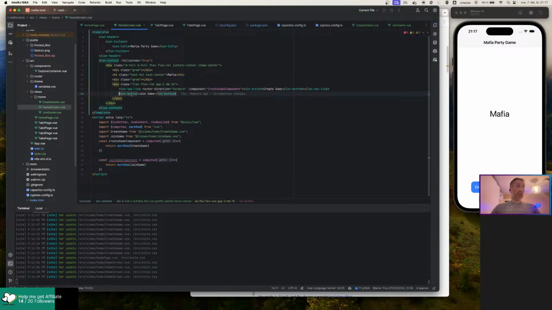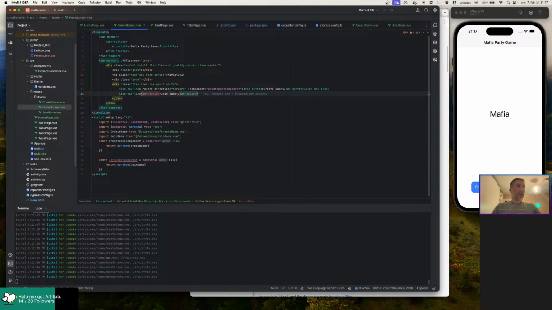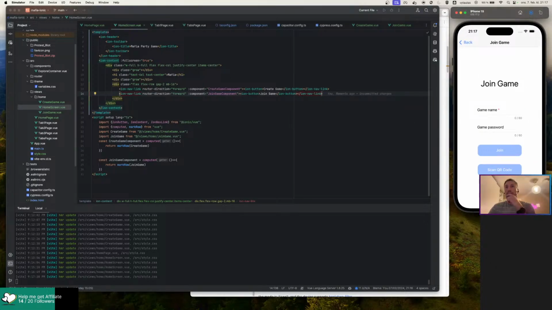And we add an ion nav link with router direction forward and component equals join component, and we wrap our button with that. So now if we press join button,